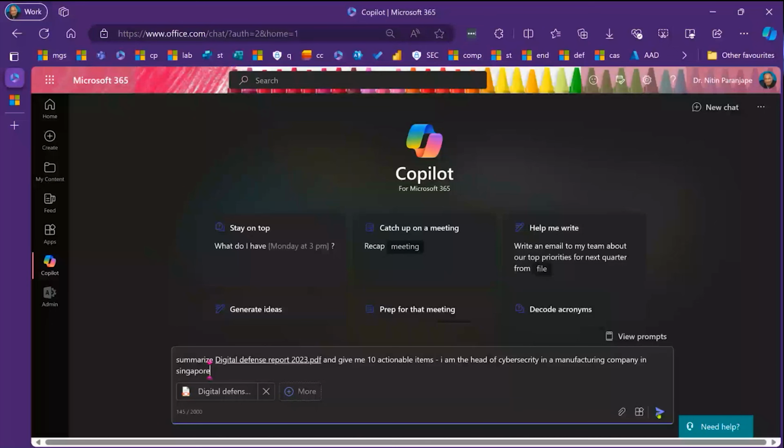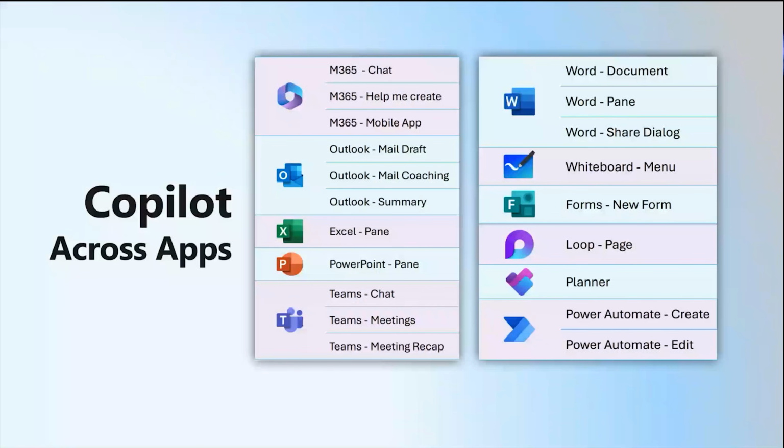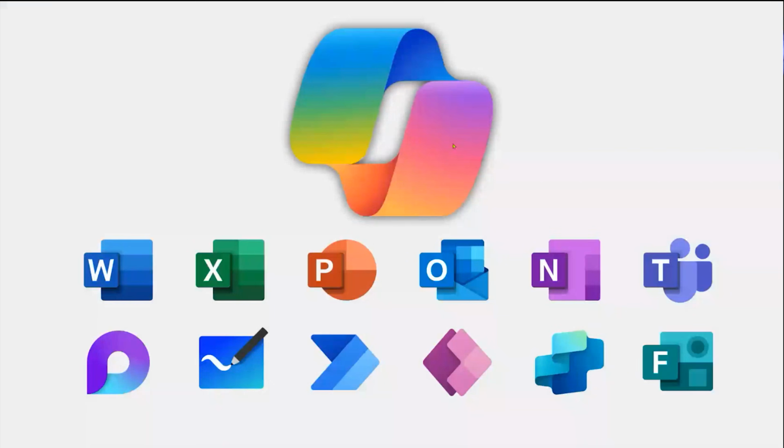Now, before I click OK, let me just explain this. Right now, I referred to one file. Up to 5 files can be referred here. Now, individual products have individual capacities. What do I mean by that? In the chat, you can refer to up to 5 files. In Word, you can refer to 3 files. In Excel, you cannot refer to files as of now. PowerPoint, 1 file. Outlook, no file. Like that, each product has its own rules and regulations, idiosyncrasies. And the way I see it, these are current restrictions or limitations. As things progress, those will be lifted. At least I hope so. So coming back,